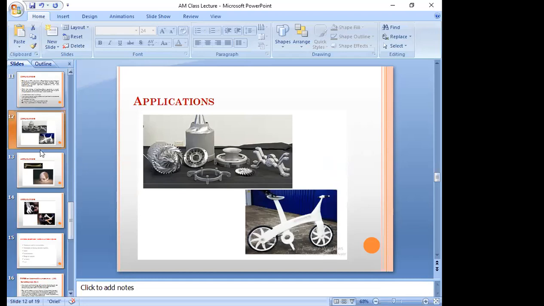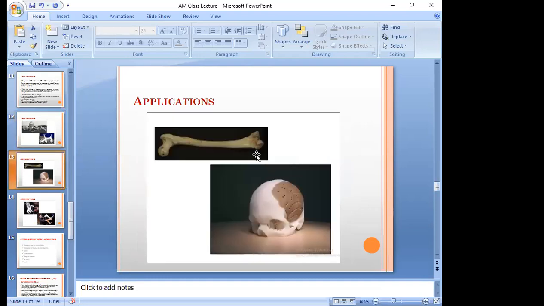Some of the applications are biomedical applications. Nowadays, additive manufacturing is used frequently, and every part of the human body can be developed using it.